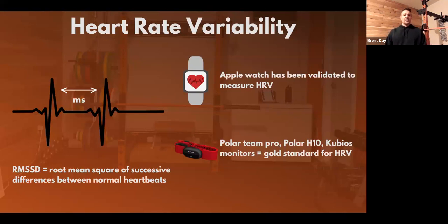My colleague and research partner, Dr. Andrew Parada, released a study 2 years ago that validated the Apple Watch as a viable measure of heart rate variability. Heart rate variability is essentially telling us the root mean square of successive differences between normal heartbeats. It's a score that tells you the variability between ventricular contractions. If you think about your heart rate, most people have a resting heart rate around 60 to 70 beats per minute. So if your resting heart rate is 60 beats per minute,